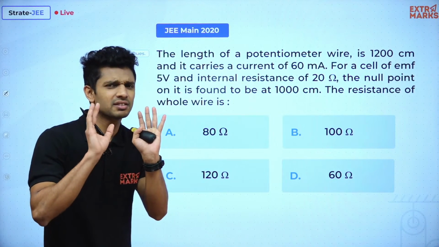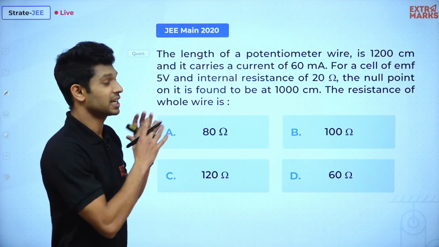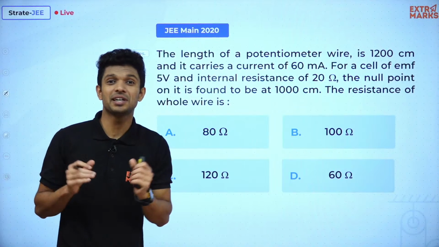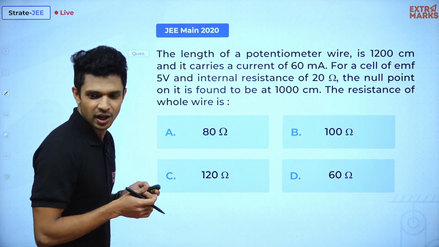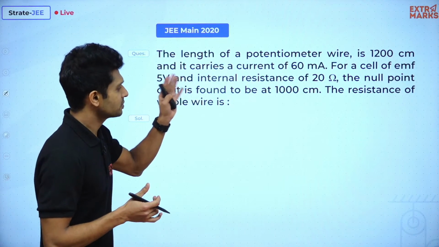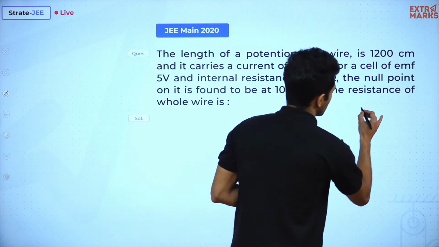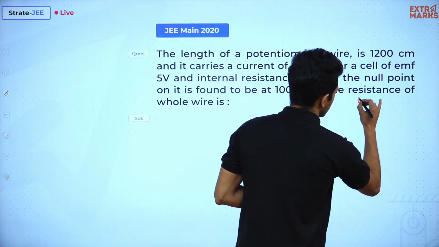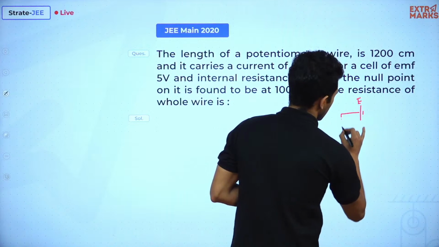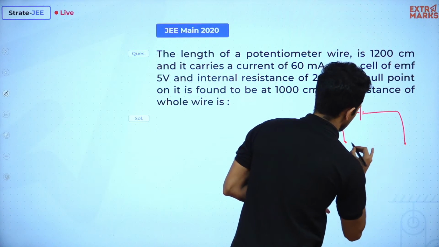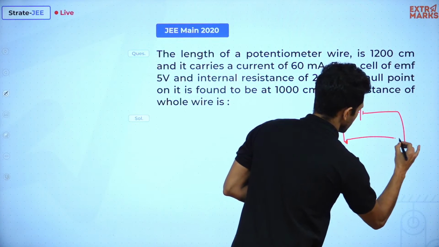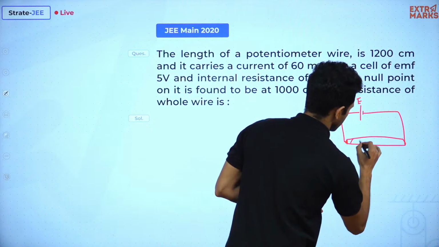Anyway, I'll first give a small picturization to this entire question. This will actually help us understand how to deal with this problem in a very simple manner, right? Okay, so here we go. So first we'll draw the primary circuit over here. Okay, so this is our primary cell. Let me mark it as E, and it is connected to a wire. Okay, let me draw the wire with a bit of thickness.